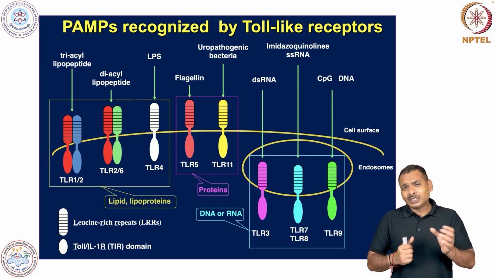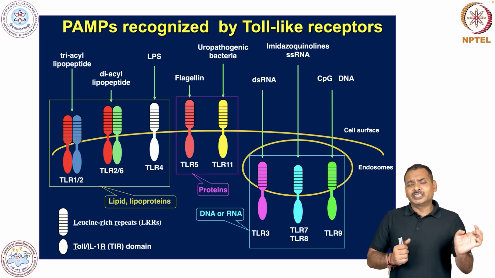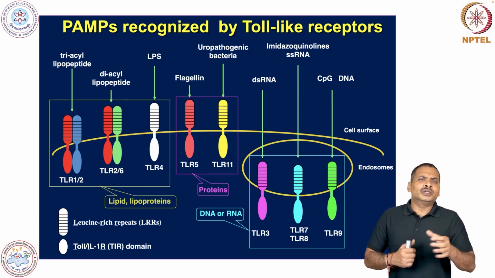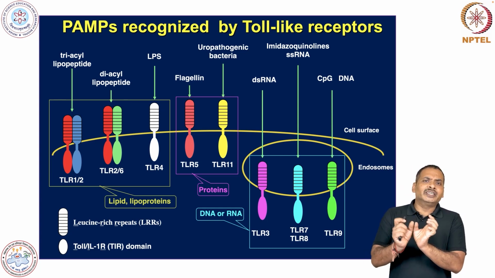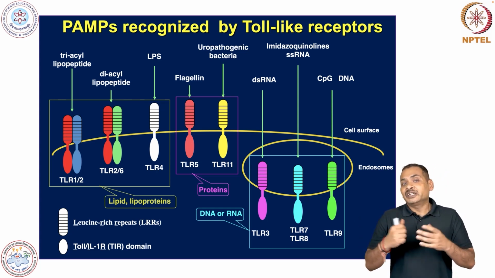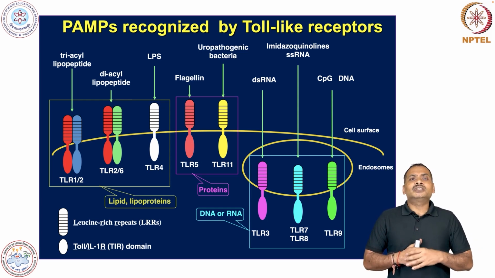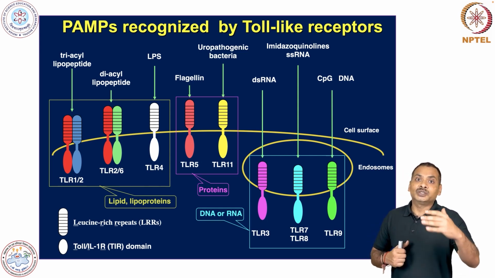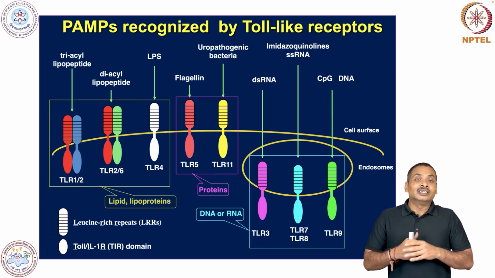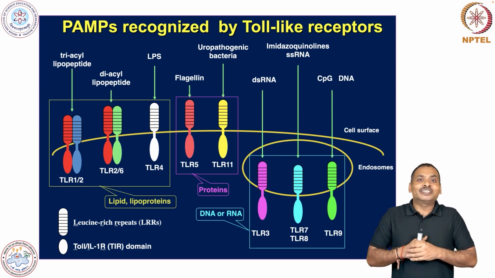There is a recombination taking place, where the gene segments are joining and then they are making a receptor. Here, in the case of innate immune receptors, they are germline encoded receptors, and if you see very carefully,